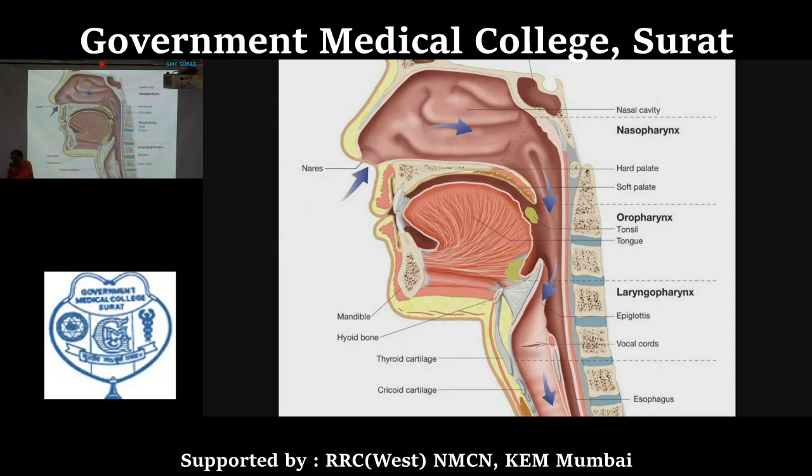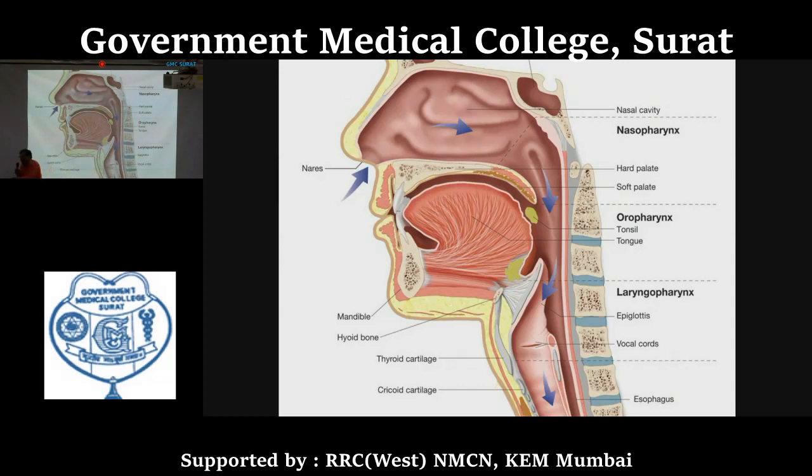Now, how does this laryngeal opening get closed? By the contraction of the aryepiglottic muscle. So, when this aryepiglottic muscle gets contracted, the aryepiglottic fold approximates and the laryngeal opening gets closed. So, one can see that this provision has been made for preventing the entry of the food into the nasopharynx and into the laryngeal cavity.